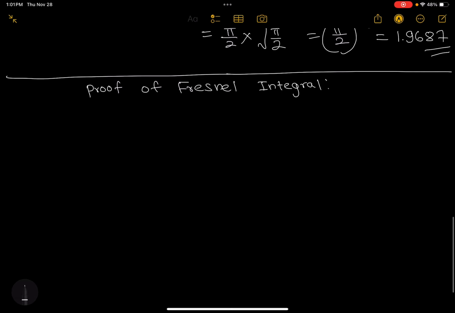We want to show that the integral from minus infinity to infinity of cos of x squared dx is equal to root pi by 2, right? And even if it's sine of x squared dx, the answer will be the same. Those two are actually equal. You might want to see why those two are equal; you can go to YouTube, but for now let's just prove this. I'm going to prove this using the Laplace transform.